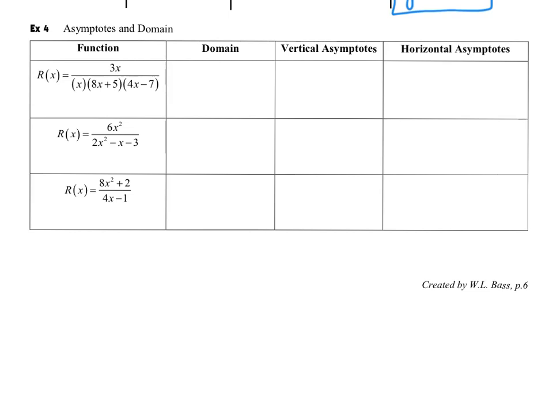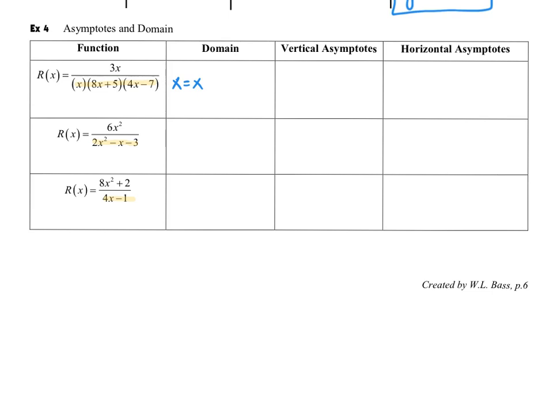So we're going to combine domain with vertical asymptotes with horizontal asymptotes so that you can see them all side by side. Domain is the same domain discussion that we've been having since the beginning of the year. So our domain question is going to say we're going to look at the denominators of each of these fractions, and we're going to figure out where it equals 0. On the first one, it's already been factored for us, so we can jump straight to x equals